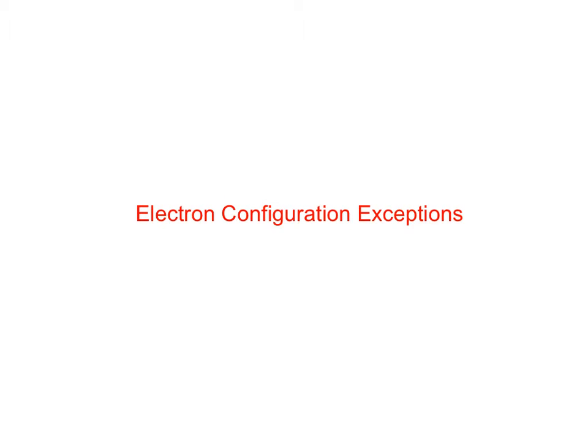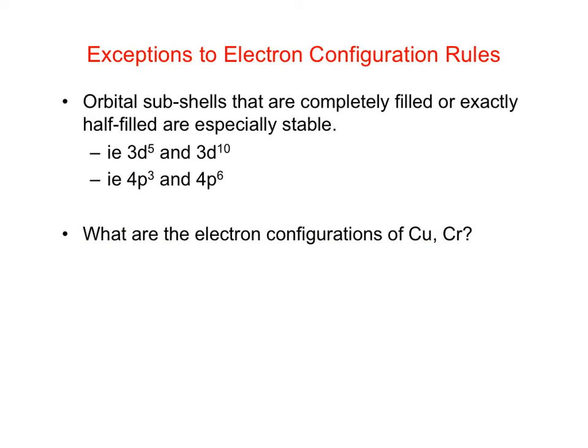Alright, so this is kind of the last video directly related to electron configurations, and we're going to look at some exceptions to the electron configuration rules that we've been learning. There are a number of reasons why we might have exceptions to the electron configuration rules that we've been learning. The one that I want you to be aware of is when we have orbital subshells that are either